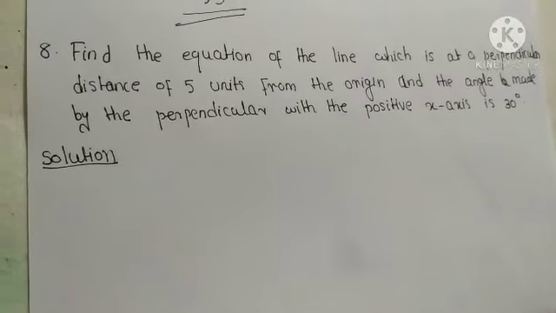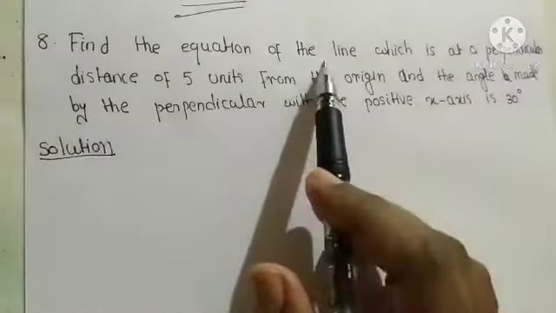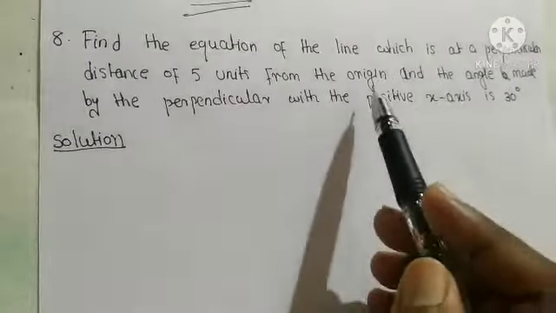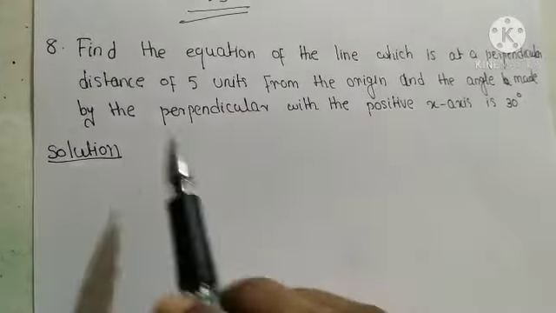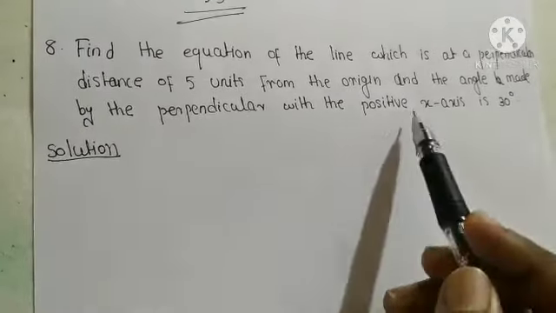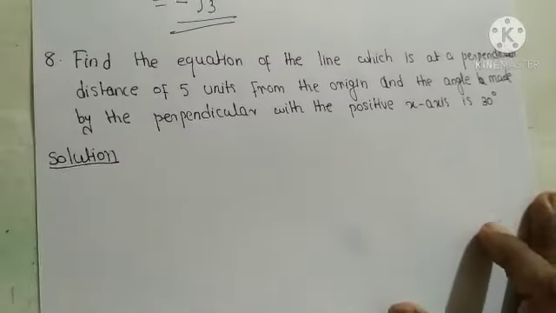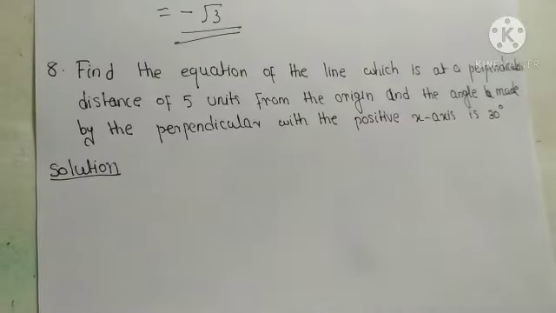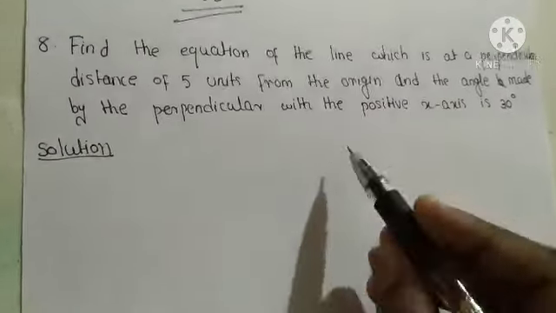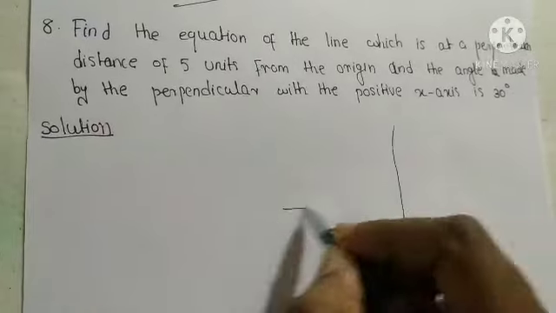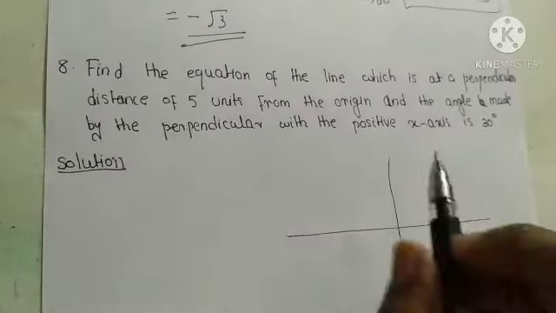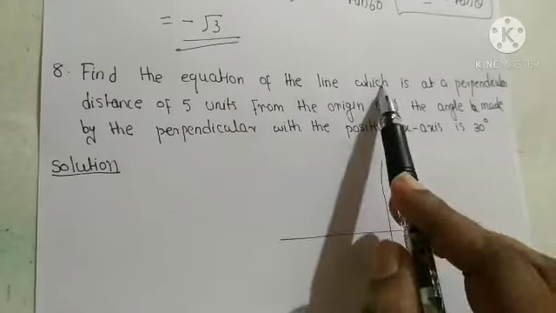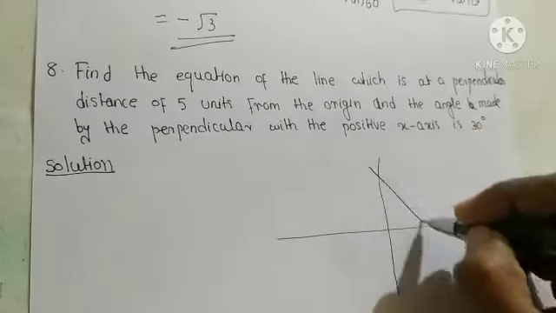this is our next question. Find the equation of the line which is at a perpendicular distance of 5 units from the origin and the angle made by the perpendicular with the positive x-axis is 30 degree. So in this question we need to find the equation of a line. So first of all I am going to draw this line. So here given that, let this be our line